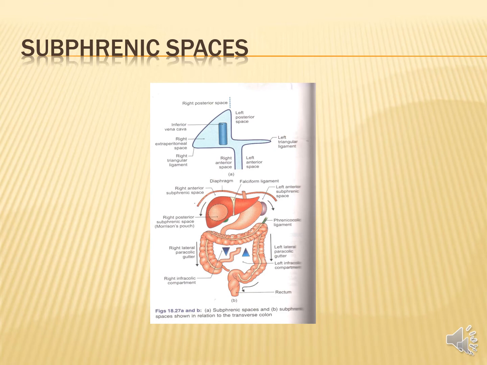And then on the right side, the right anterior space is there. This right anterior space is located between the right lobe of the liver and the diaphragm, in front of the superior layer of the coronary ligament and the right triangular ligament. And from where can infection come to this space? From right-sided viscera, like the gallbladder or the vermiform appendix. And the fourth and last intraperitoneal subphrenic space, the right posterior space, is very important, and it is known as the hepatorenal pouch or Morrison's pouch, which we will discuss in detail later.